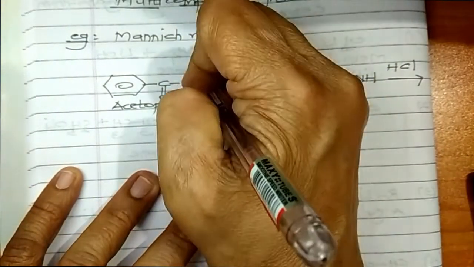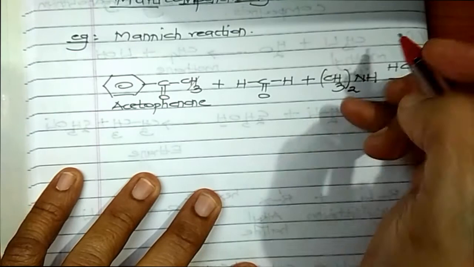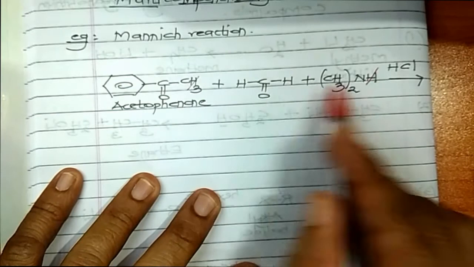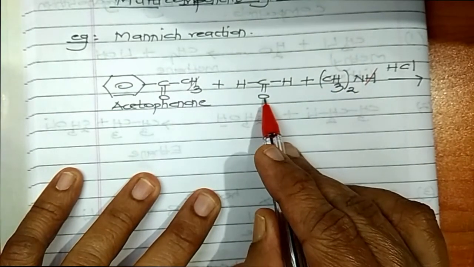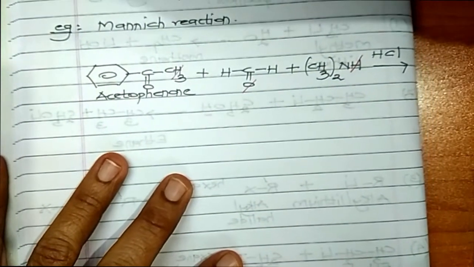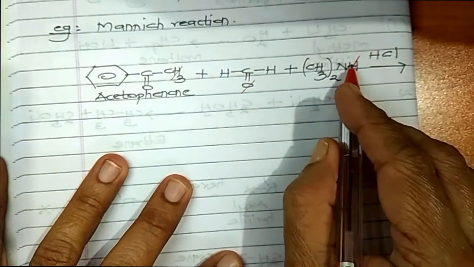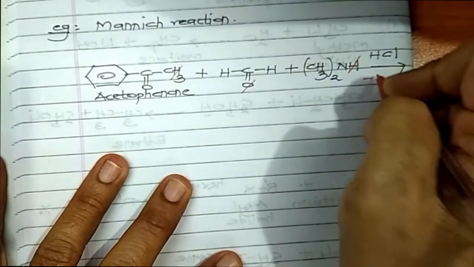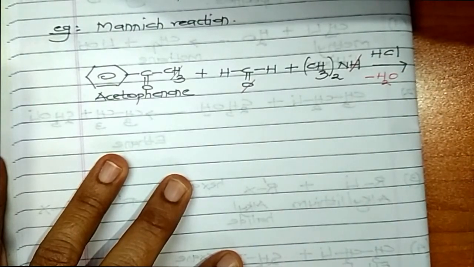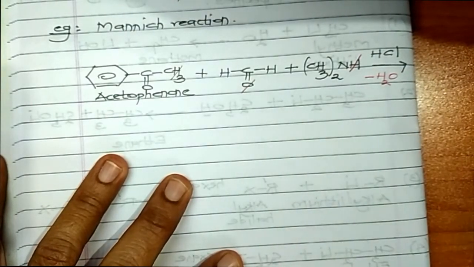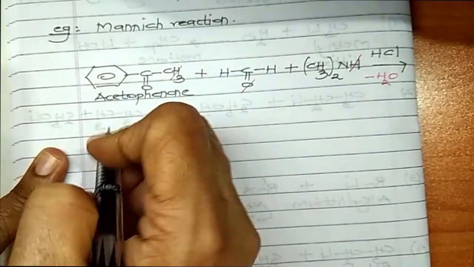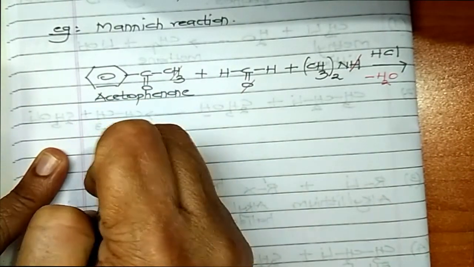You take out one hydrogen atom from here, and you remove one hydrogen atom from here. So how many hydrogen atoms have you removed? One from here, one from here. There is an O here in the medium, so you remove this O. So I have removed two hydrogen atoms and one oxygen atom. What you have removed is water, H2O. Now whatever you get, you have to write it. So let us write it. Here we have an aromatic ring. This is my aromatic ring.